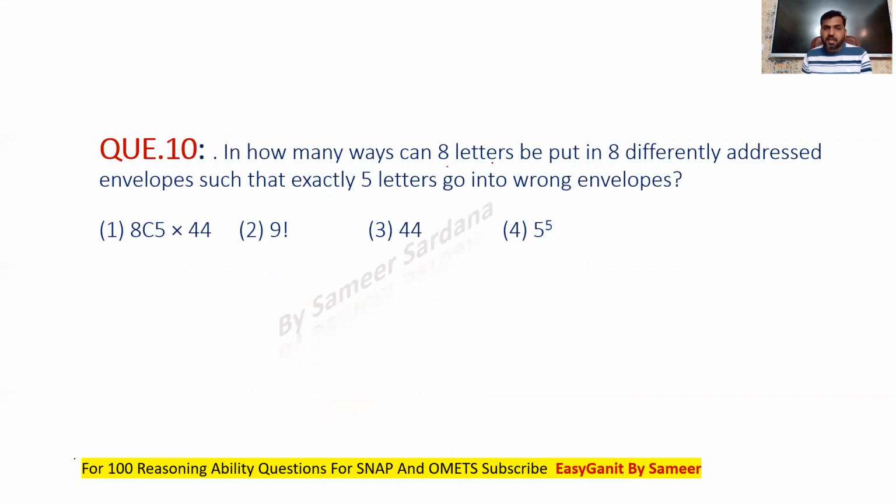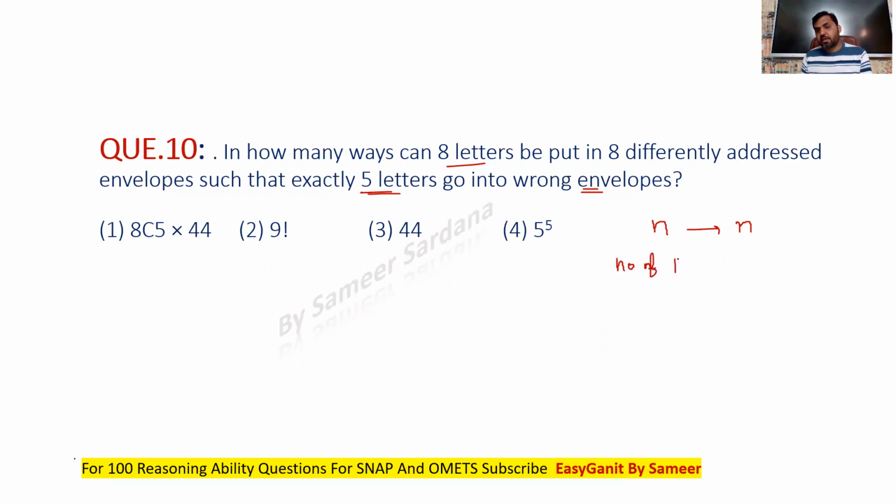In how many ways can 8 letters be put in 8 differently addressed envelopes such that exactly 5 letters go into the wrong envelope? See guys, if you have to do the wrong arrangements, or you can say the derangement, right? If I want n envelopes to go in n letter boxes, and all the letters should be going into the wrong boxes, N letters in n boxes and all the letters in wrong boxes,